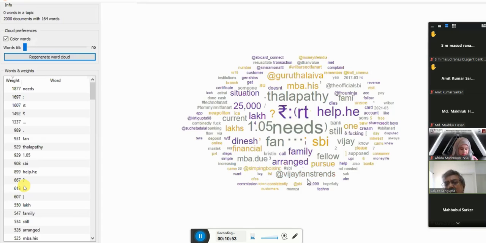But I don't see many words related to the service here: shared, credit, voice, account, card, follow, pay. Yes, all these things are there. So we can say that there is nothing much to complain about, but there might be some complaint anyway.